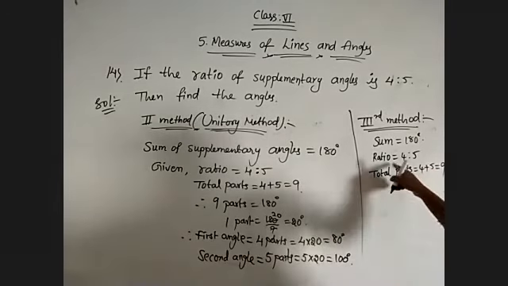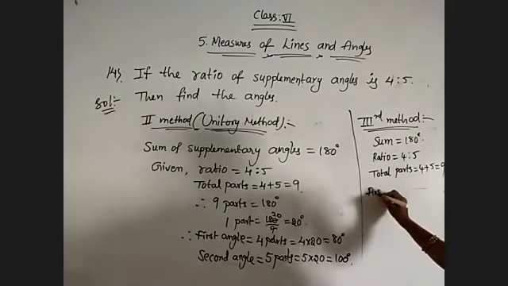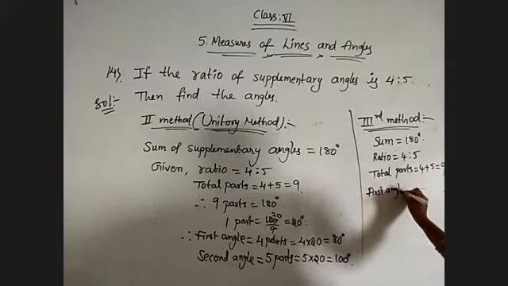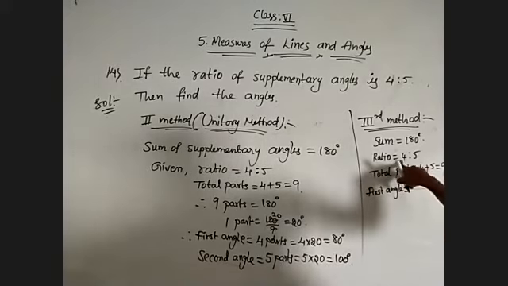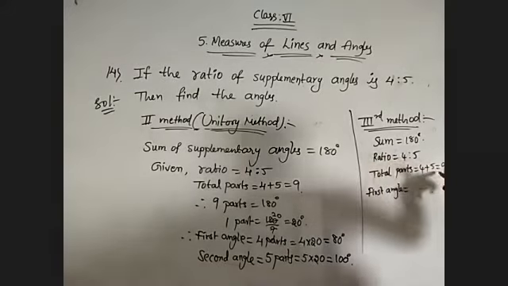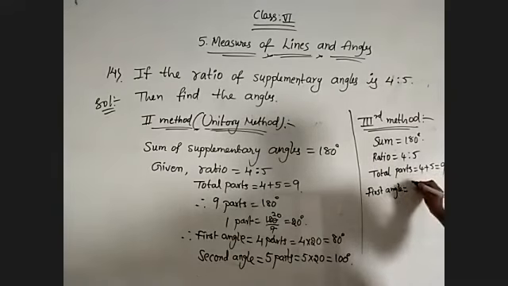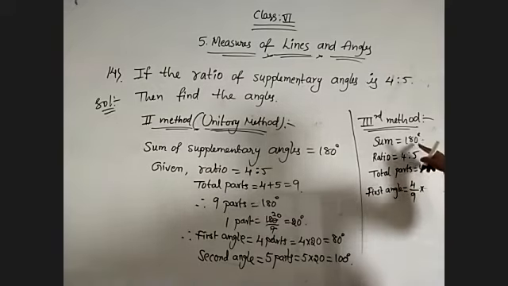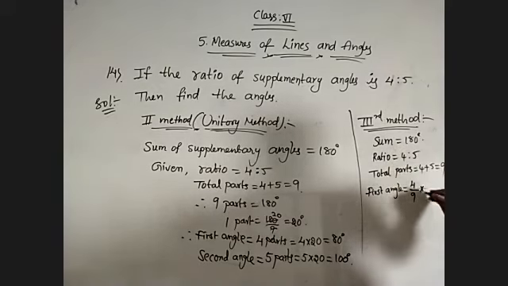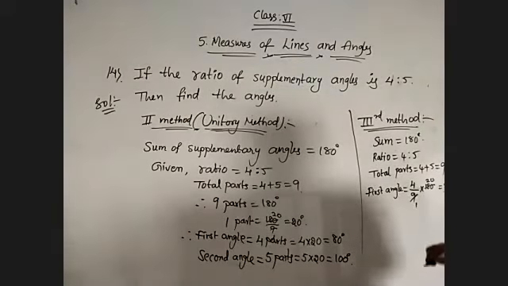Okay. Then the first angle, directly I am doing this, observe. First angle will be equal to first angle parts 4, 4 out of how many parts? Total parts are 9. So 4 out of 9, that is 4 by 9. Fractional sum: 4 out of 9 parts into the sum of the two parts, which is 180 degrees. Total parts into 180 degrees. Now 9 ones are 9, 20s are 180, so 4 20s are 80 degrees.